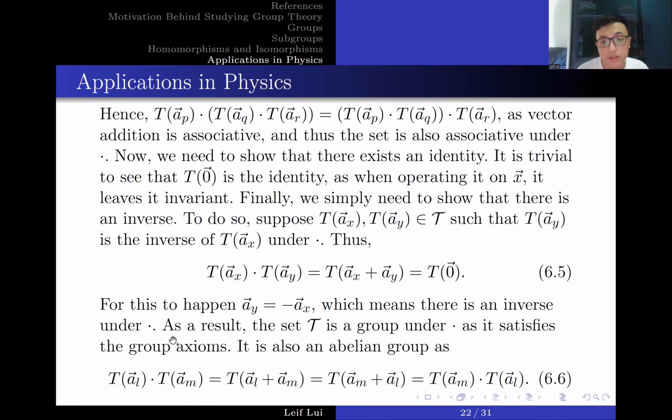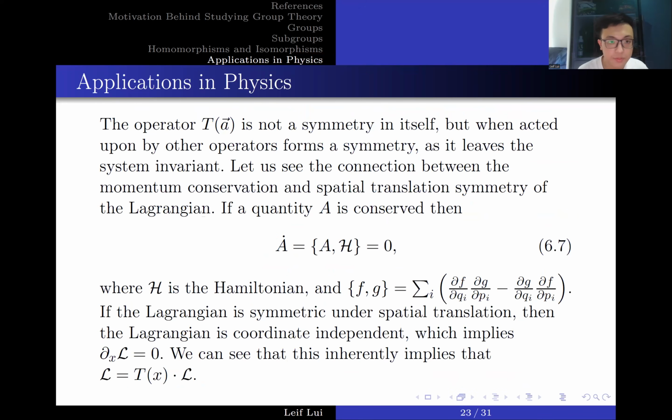Now we can also check that this is an abelian group, because A_L dot with A_M is equal to A_L plus A_M, but addition, vector addition particularly, is commutative, so we can swap the order and we find this is just A_M dot A_L. So this is an infinite abelian group. What's important about this is that T of A is not a symmetry in itself,